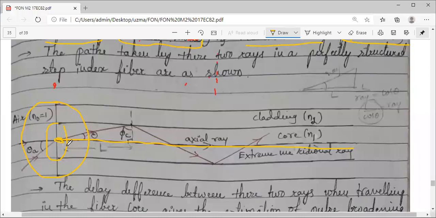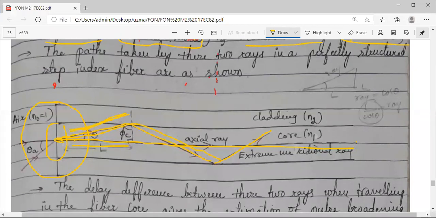The one in the center, because its distance traveled will be minimum. The ray which is passing through the fiber core axis will reach with the minimum distance. The distance required to travel is minimum. Comparatively, you can see the other ray, it is hitting here, and with total internal reflection it is covering this distance. This slant line, if you compare this distance and this distance, which is more? You can see the hypotenuse, so this distance traveled is more.